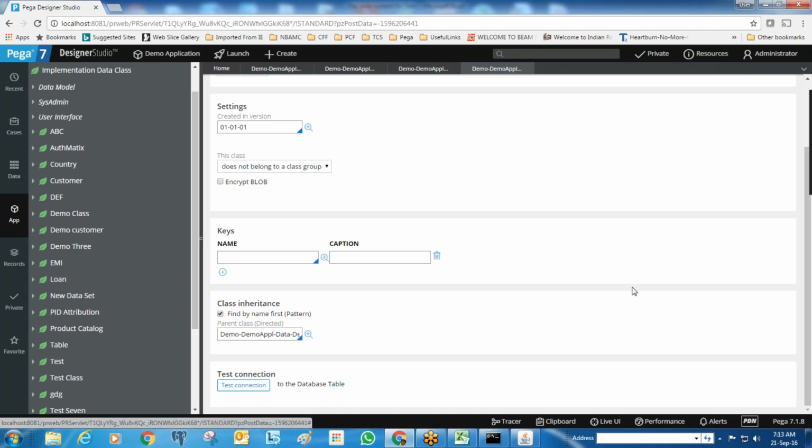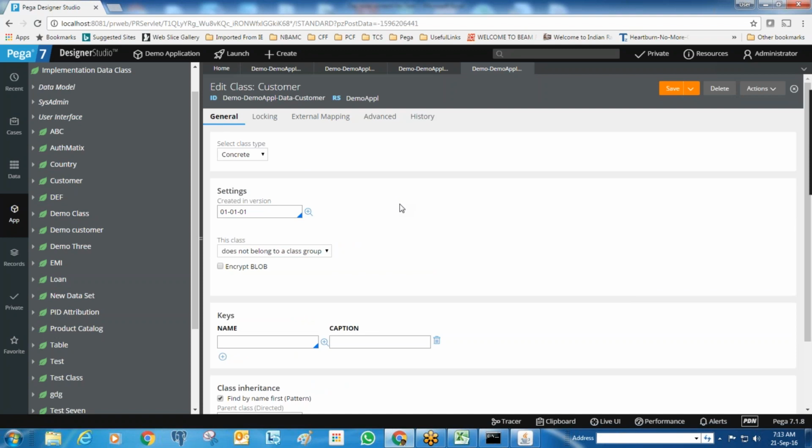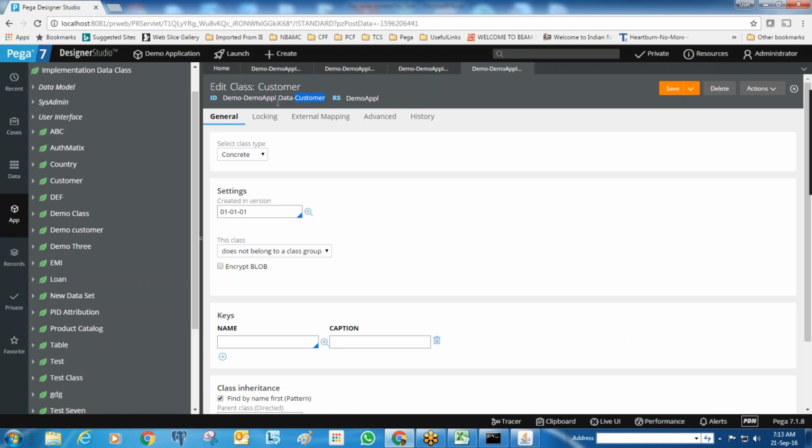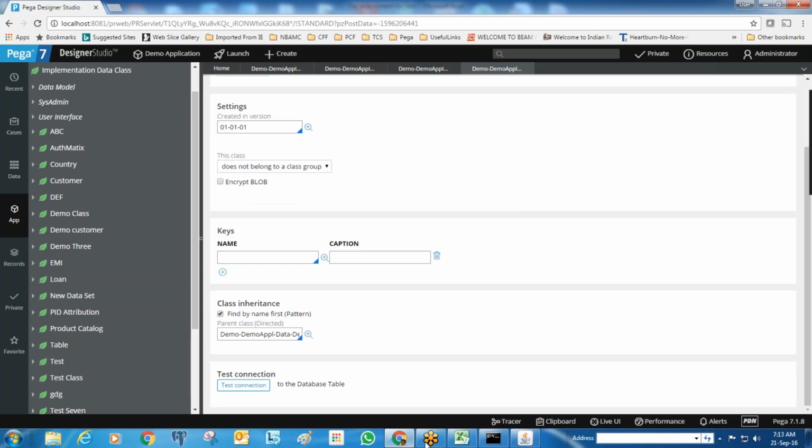At the time we will see, already we are running out of time. So we'll see that if you want to save the data into external database tables. At that time I will show you how we can map the class to external database tables. You can create your own table in the database, and then we can map that table to the corresponding class. That we can see. Okay. So any doubts here so far?